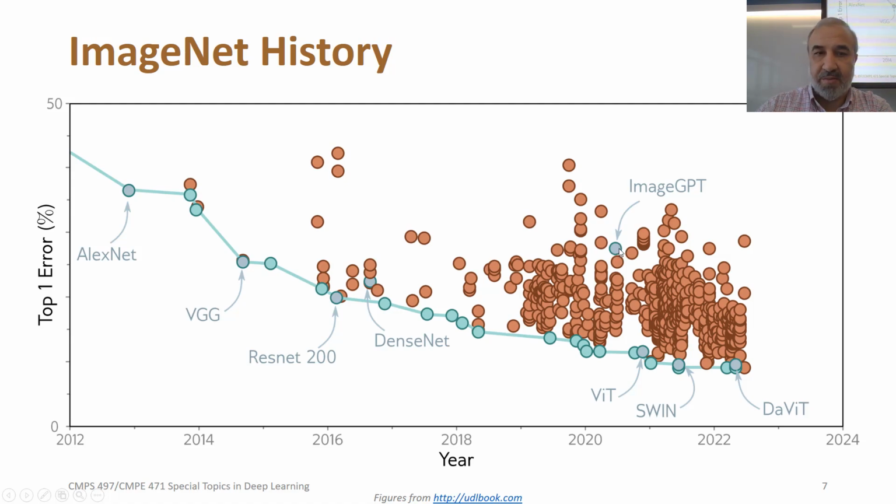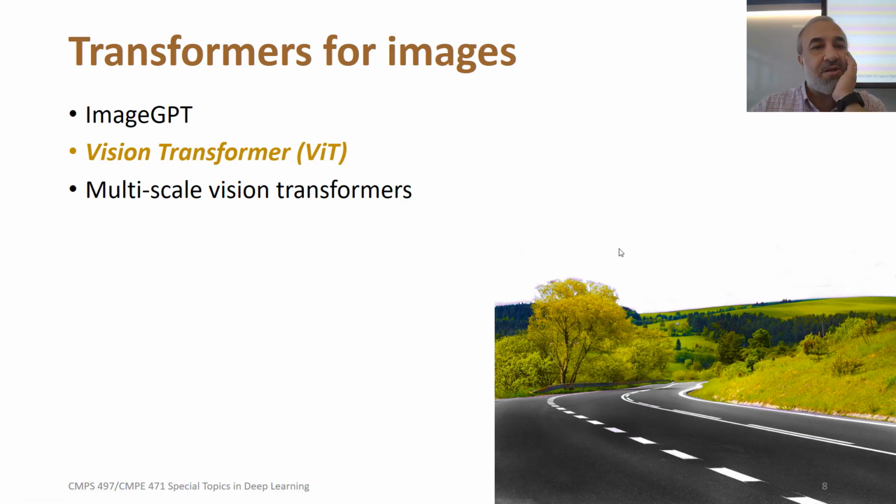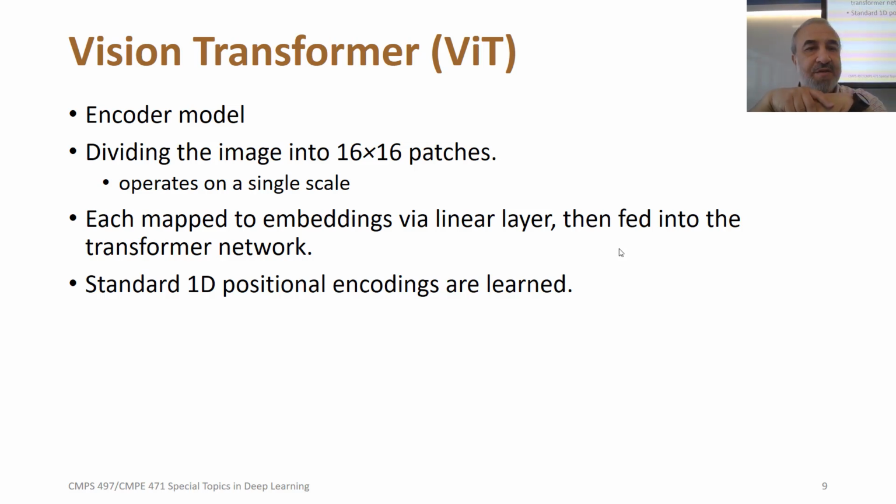Okay, then we will talk about another family, which is called vision transformer. What are the differences here? Vision transformer is an encoder model. It's not a decoder model. One major difference is that the encoder model here doesn't take each pixel as a token. It takes patches of pixels as tokens. And patches are 16 by 16 pixels. So that's one